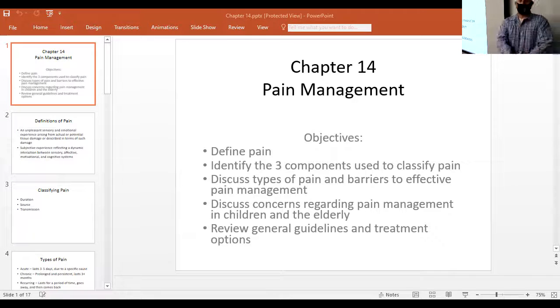So what are some barriers in relation to pain management? There's problems that are related to healthcare professionals, and it's just the fact that some healthcare professionals, yes, this thing,